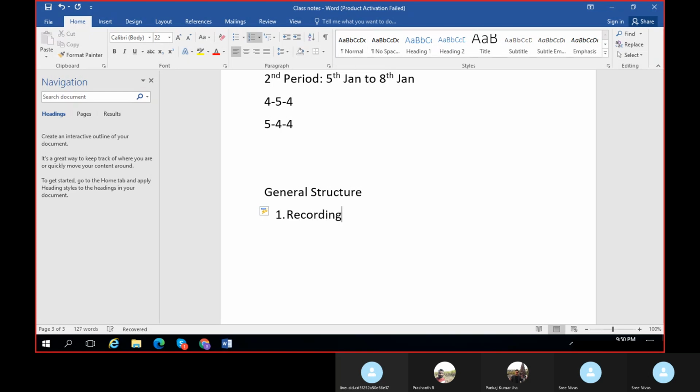So generally, in any business, the accounting system starts with recording the transactions, right? That we call journal entries. I hope you are aware of how to pass the journal entries and all. And then we need to separate the transactions depending on the main accounts related to a particular transaction. So from these journal entries, we prepare the ledger balances in the traditional accounting system, and then from ledger balances, we prepare the trial balance.